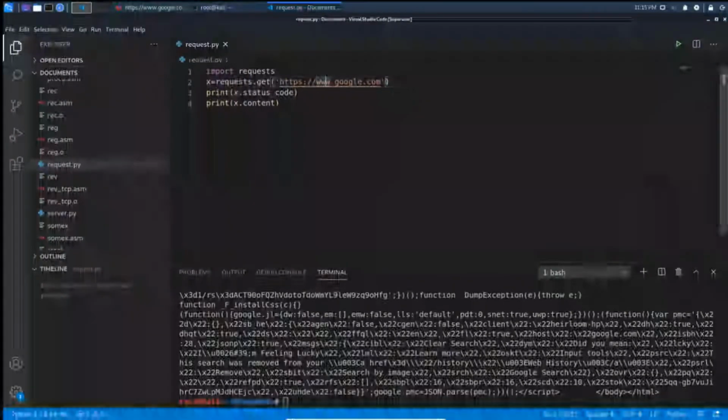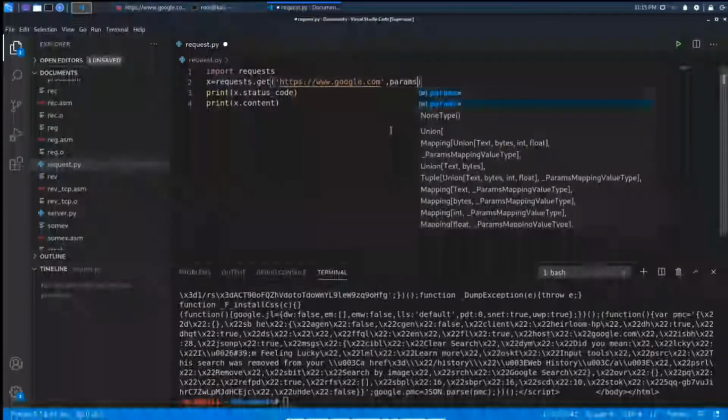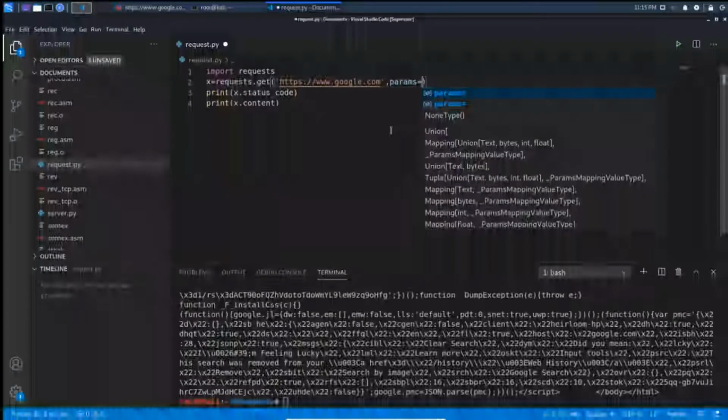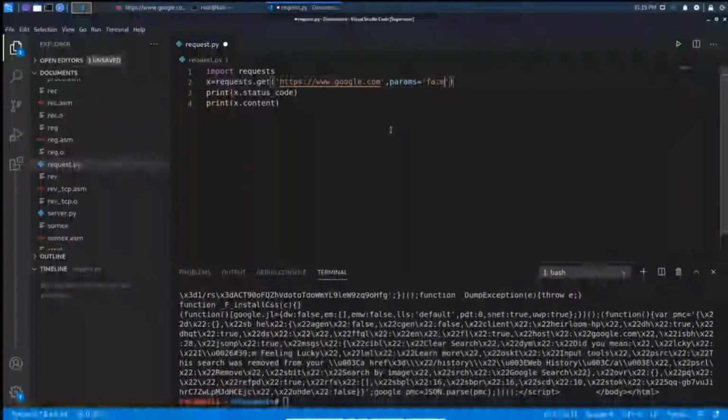And here if you need to pass any parameters, then you need to specify params equal to Facebook, and I am going to give such a string to google.com by using the params.